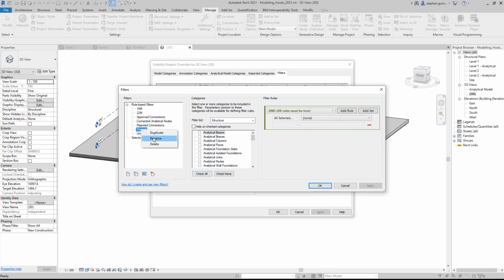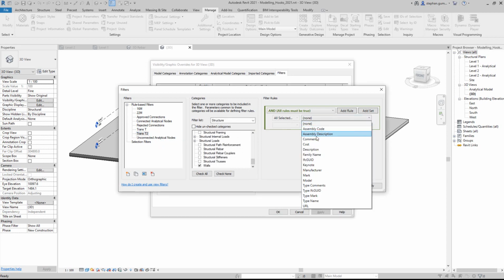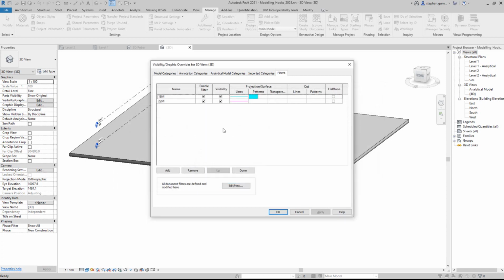We're also going to duplicate that and make a secondary one where we've got the same selection made with the same objects, but obviously we're going to have a different comment, with that being T2. And if we go double check that first one, just make the correct selection and make that equal to T. We then go and apply those same filters